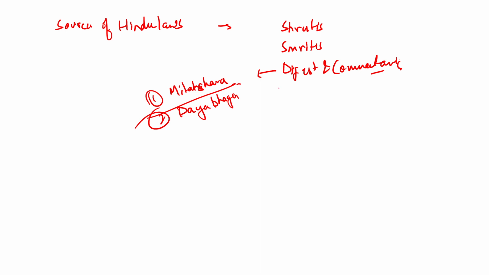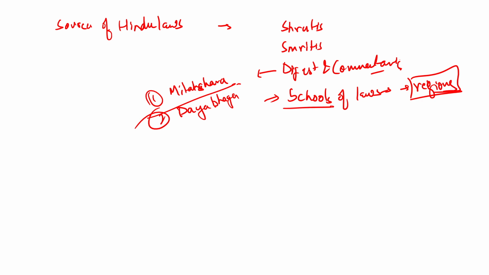So for that, there was a need for schools of law, which were divided according to the regions, not the religions as such. Because if you talk about India, you have a different set of customs and ceremonies in the northern areas, and different ceremonies of the same Hindu community in the southern areas. In Eastern India, you have different ones. So according to those ceremonies, rituals and customs, there was creation of the schools of